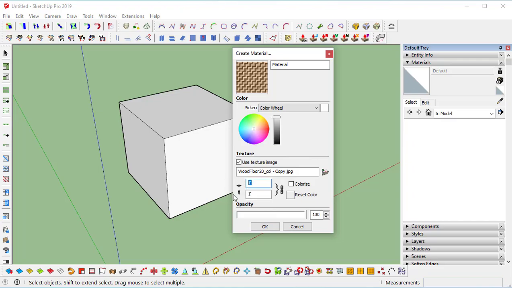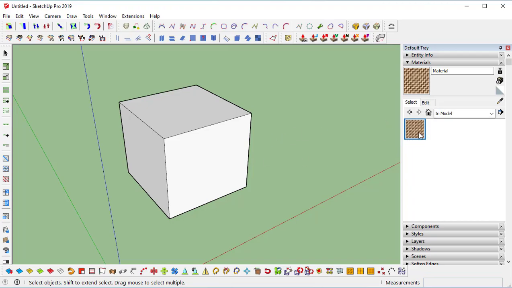And you can use the tiling option, texture size, how many length, how many feet, width, how many feet you can assign here. In the editing also you can choose it. And here is the opacity. We will discuss all these options at the edit time. Simply click OK. If you click OK, see, in the model one material is created. Even it is not in use, one material created.